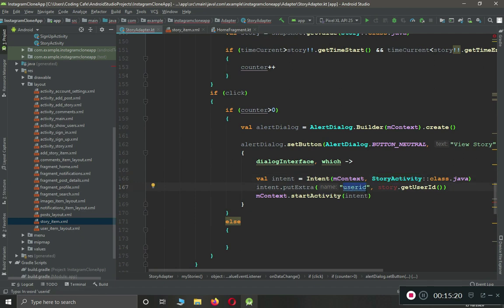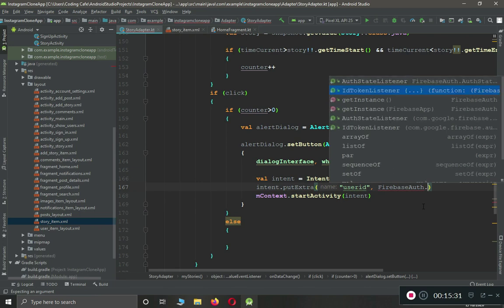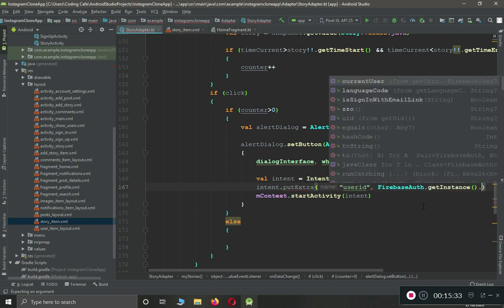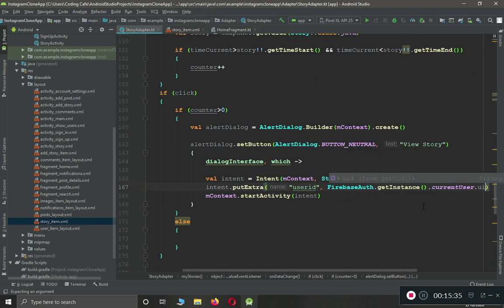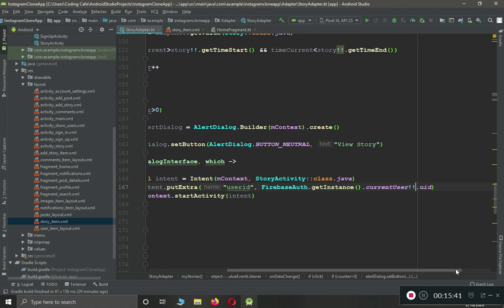Here we have to pass the online user ID, which we can get using FirebaseAuth.getInstance().currentUser.uid. Okay, so we are passing the ID of the online user alongside that, and then we can start the activity and